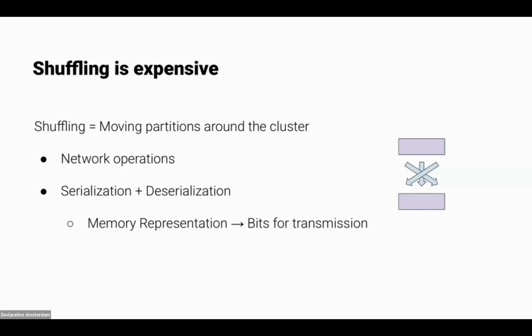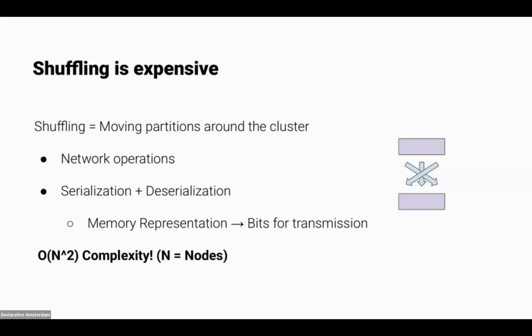When shuffling is required, all nodes need to receive all partitions of an RDD in order to complete processing, which means that in general, shuffling has a quadratic complexity relative to the number of nodes in the cluster. So we can clearly see how it is very important for distributed Apache Spark applications to reduce the number of